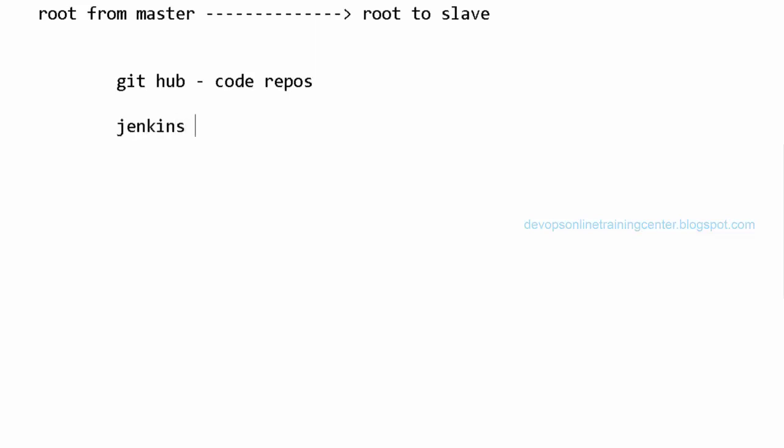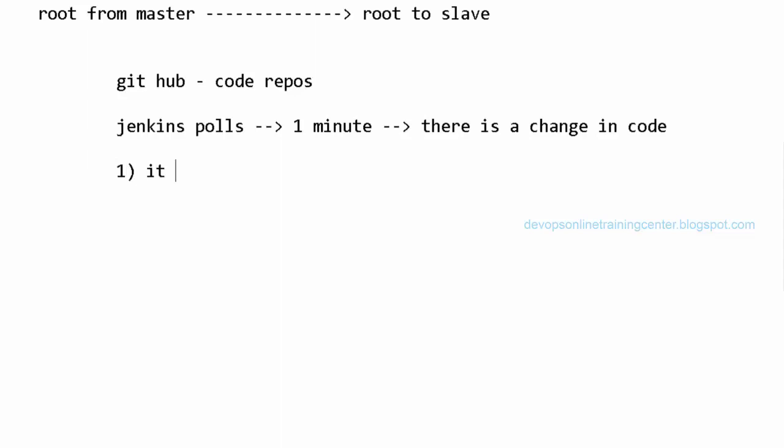Let us say every 1 minute it is polling, and it detected that there is a change. What is the next thing that happens? Integrate using Maven. It creates a job. The first thing that happens is it creates a job in Jenkins, right? Then what happens? Next step.